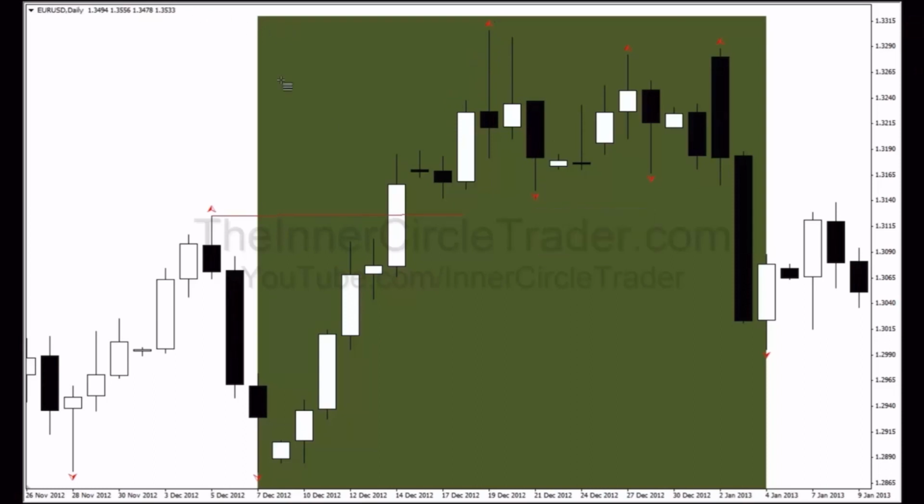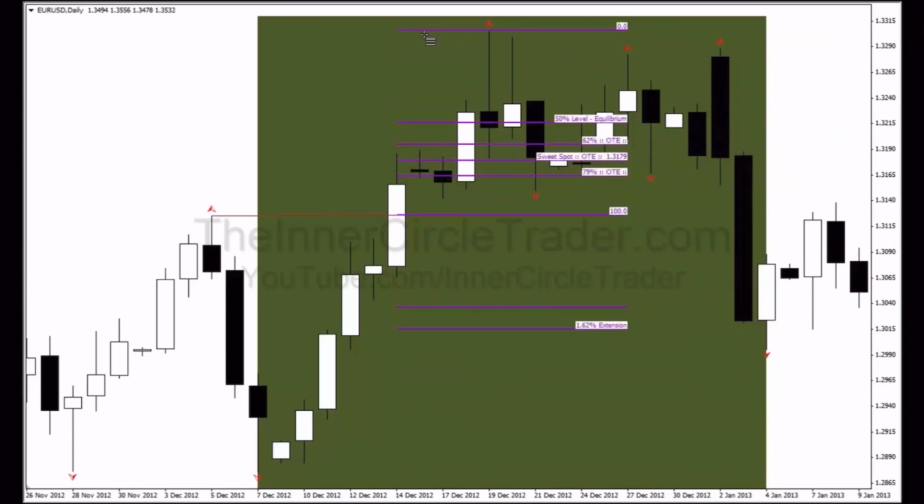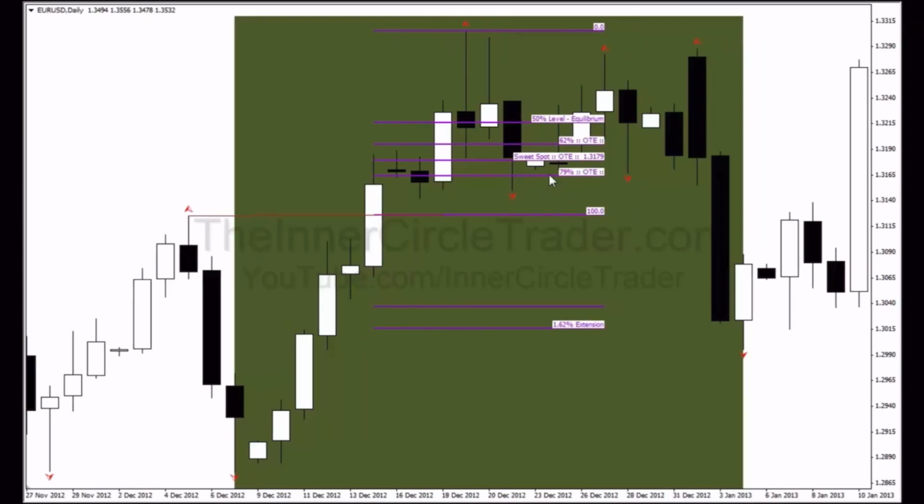If we looked at just that range alone, again, we're working on a daily chart, guys. This is not an intraday chart. If I look at using the fib, trying to draw it so you guys can see, here's the 79 percent retracement level right in here. Now true, it violated just a little bit, but ultimately it spent very little time blowing through it going on the downside, and then we moved higher again. That by itself